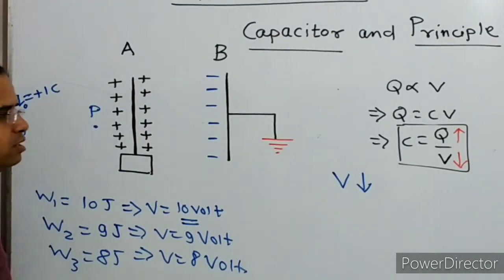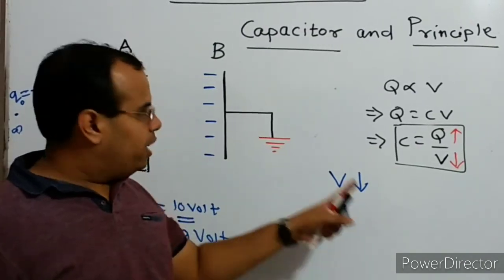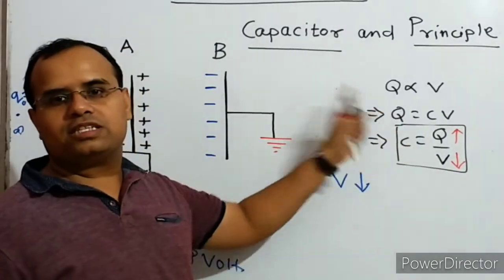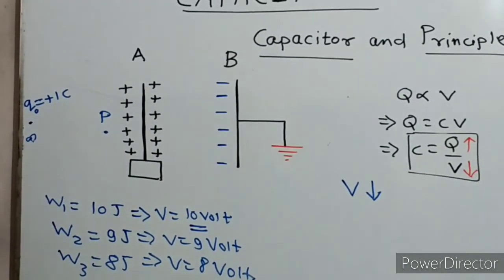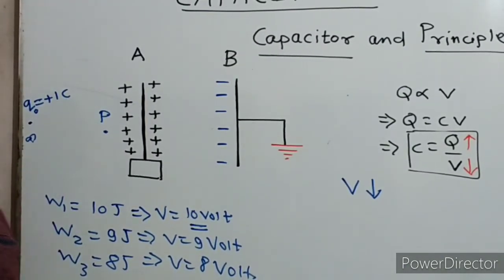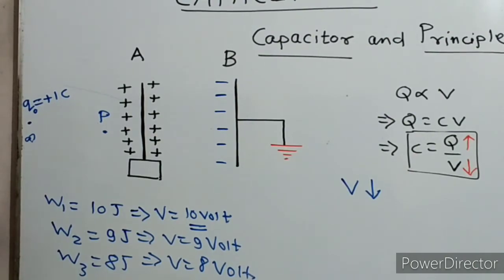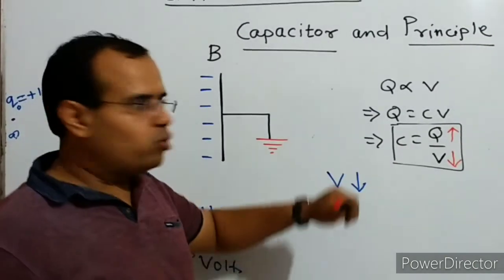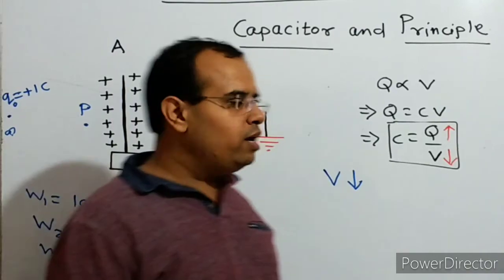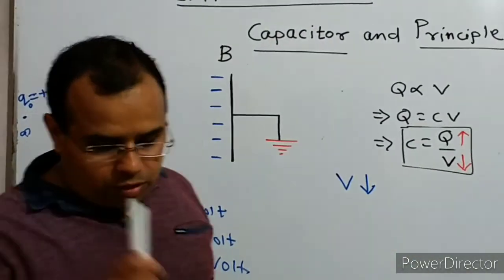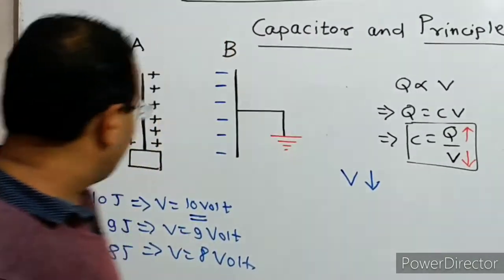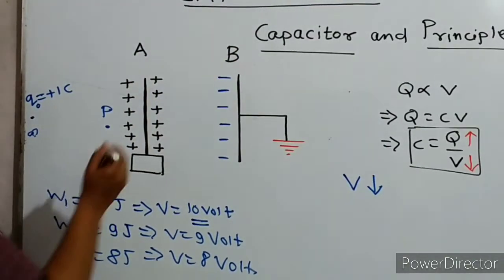And if potential has decreased further, capacitance is further increased. Okay, so this is how you can keep on increasing the capacitance, up to an extent only, of course. So there are two ways of doing it: provide charge, the maximum charge which you can provide, and decrease the potential as much as you can. Okay, but one more way of doing it is that now you can replace